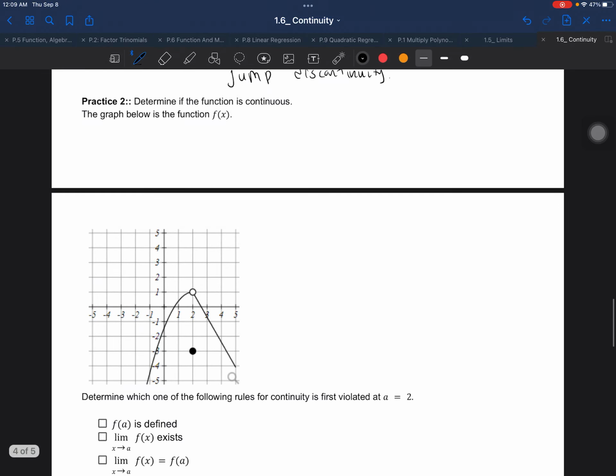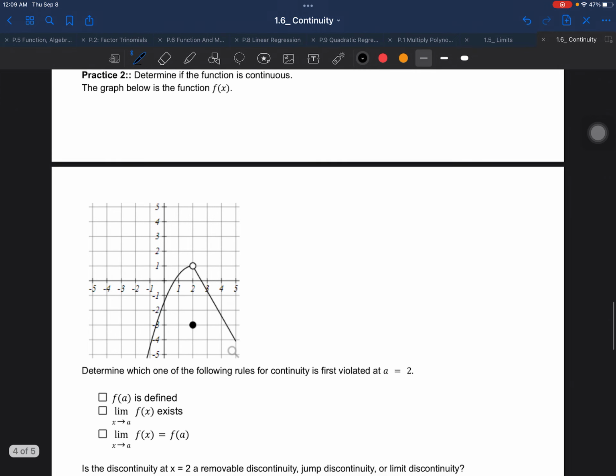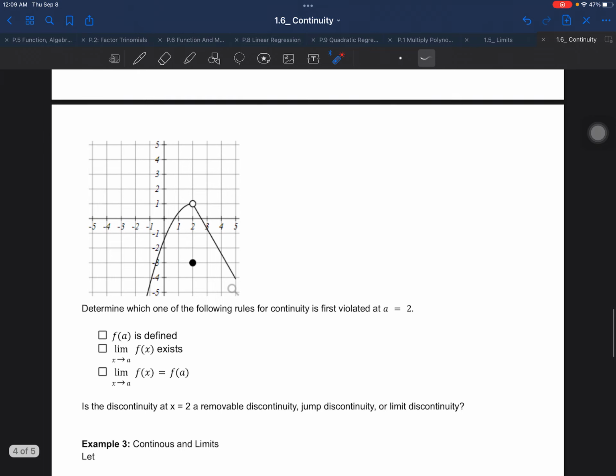All right, class, we're going to try another example here real quick. We have another function, and the question is to determine whether the function is continuous. Determine which of the following rules for continuity is first violated at a equals 2. We can see a equals 2 is here, right? But we're going to determine which of these